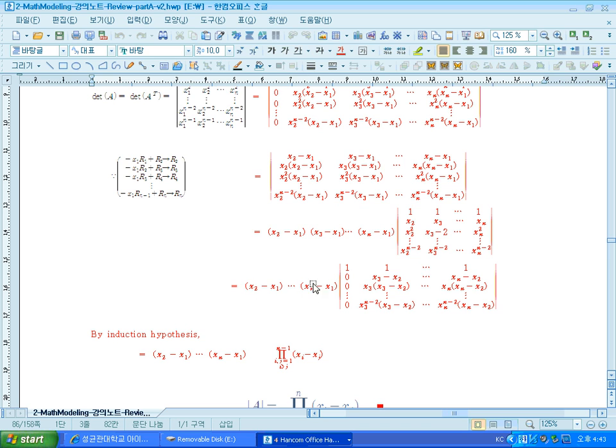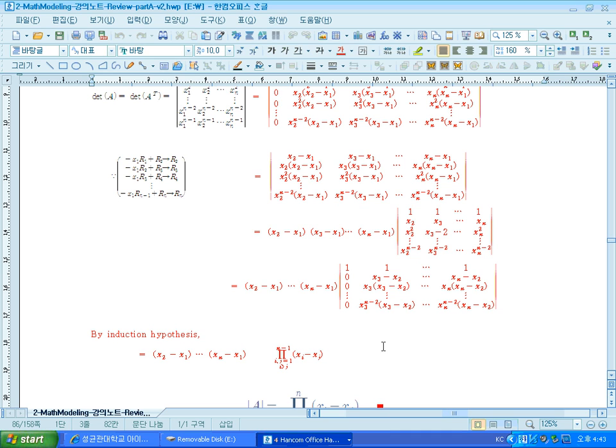So there are n minus 1 terms like that. And for the next terms, we have n minus 2 terms with minus x2. And there are n minus 3 terms with minus x3, and so on, until